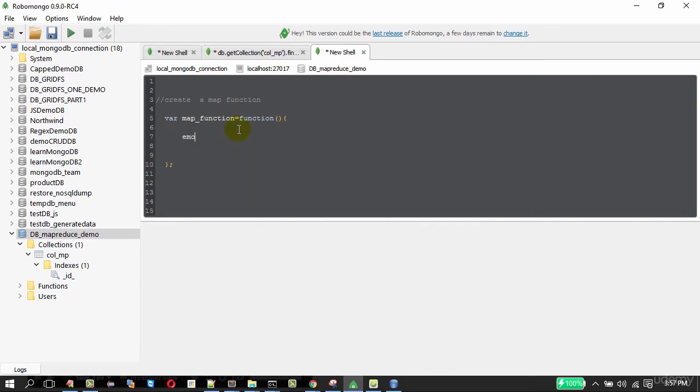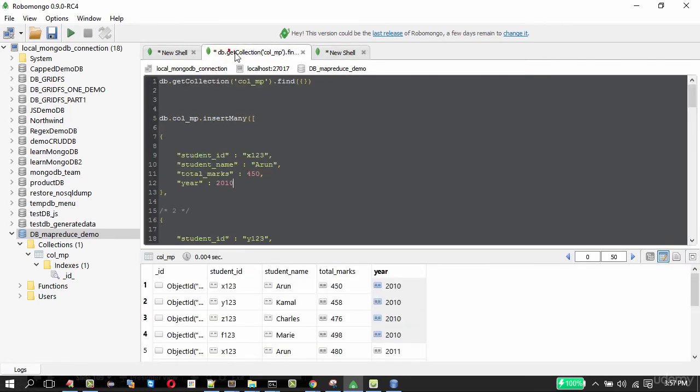The function is just going to do emit. This refers to the record.